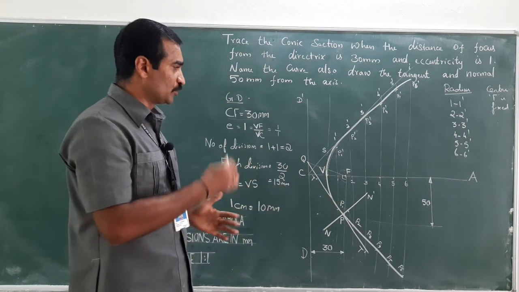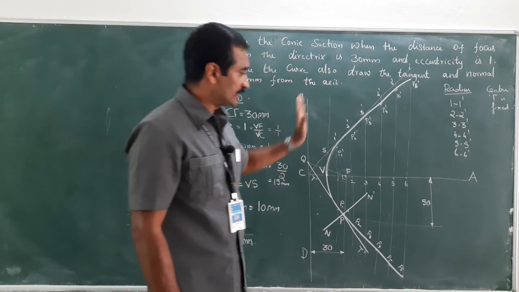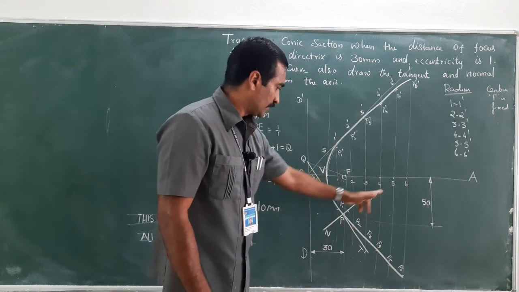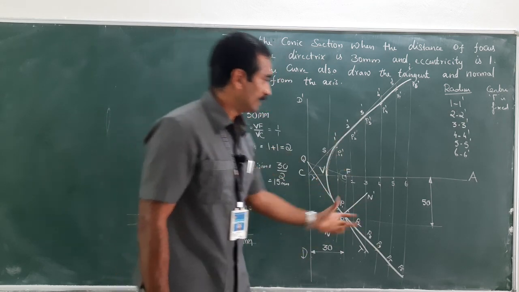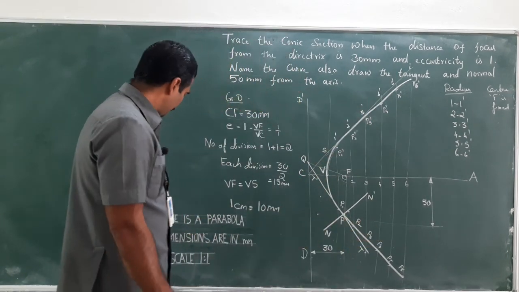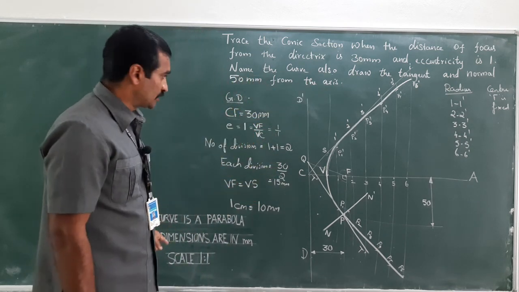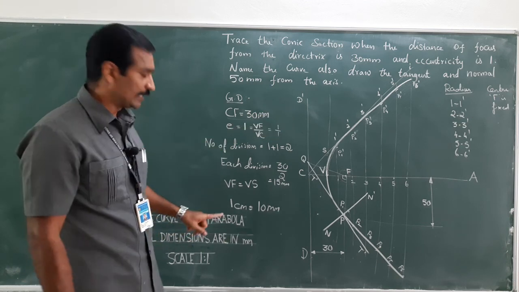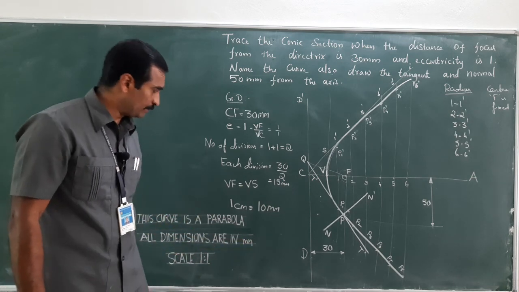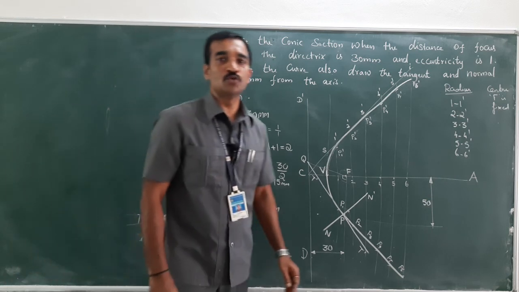So check before you proceed to the next diagram whether whatever is asked in the question is reflected in your diagram or not. So the profile, tangent and normal are over, dimensioning is over, notations, everything is finished. Next, here it is asked to name the curve. So it's our duty to specify the name of the profile, which is a parabola. Then whatever dimension is considered, mention here dimensions are in mm. Then the scale which is used to construct this curve, scale 1:1.